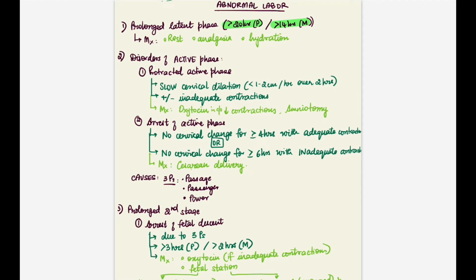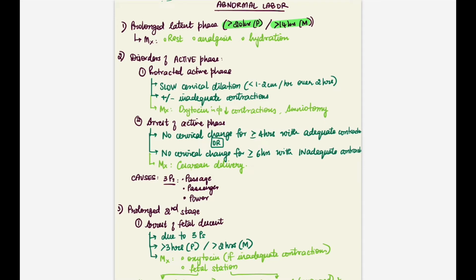Now, you should realize that latent phase is normally a very long phase and it can go on for hours, and it's not very problematic, but it can become quite physically and emotionally exhausting for the mother. So in such cases, it's important to provide support, comfort measures to the mother, good hydration, and to basically reassure her that it is normal to have such a long latent phase. And it's usually seen that those people who start off the onset of labor with a favorable cervix, meaning a Bishop's score of 6 or more, generally seem to have a shorter latent phase. Alright, so as I've written, latent phase is managed with rest, analgesia, and hydration.